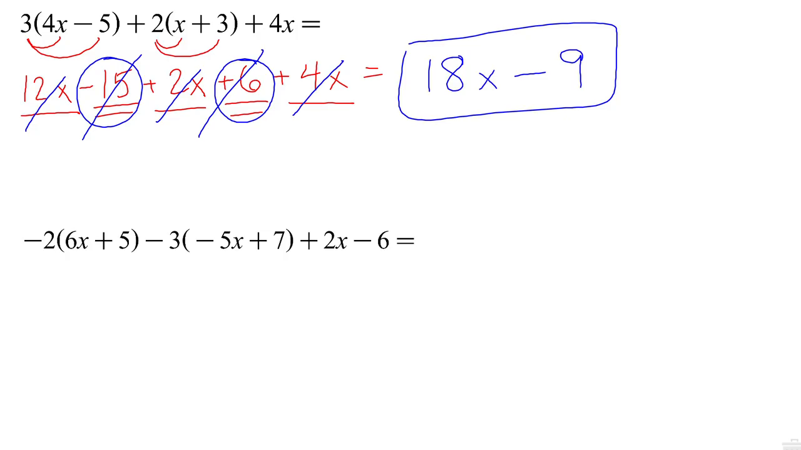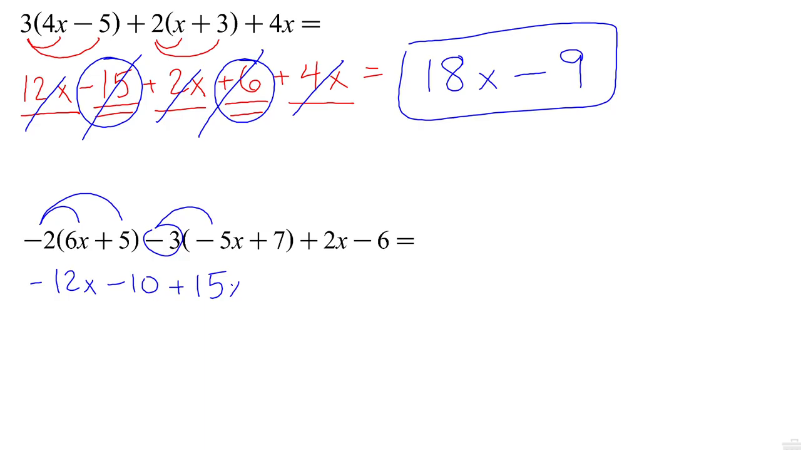Okay, so we'll do one more right below, and then that should be good on combining like terms. Negative 2 times 6x, we'll do the distributing first, gives us negative 12x. Negative 2 times 5 gives us minus 10. And we have to be careful again with a minus 3 out in front here. So minus 3 times negative 5x is going to be a positive 15x